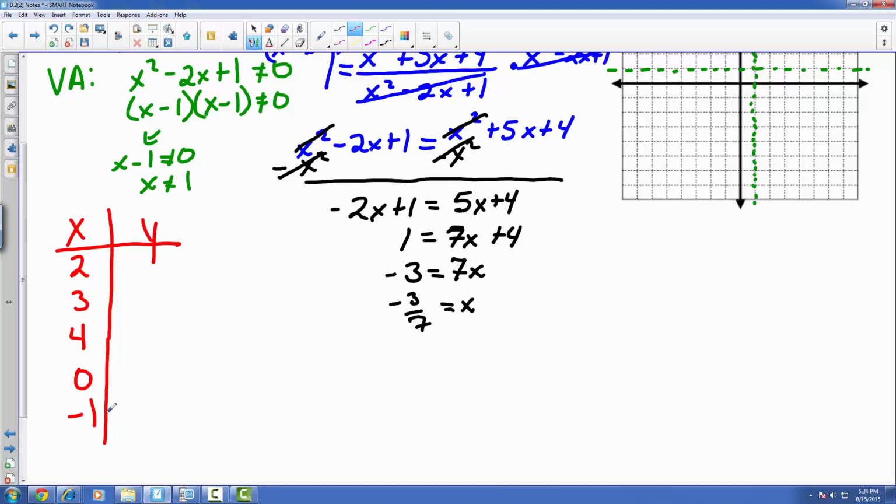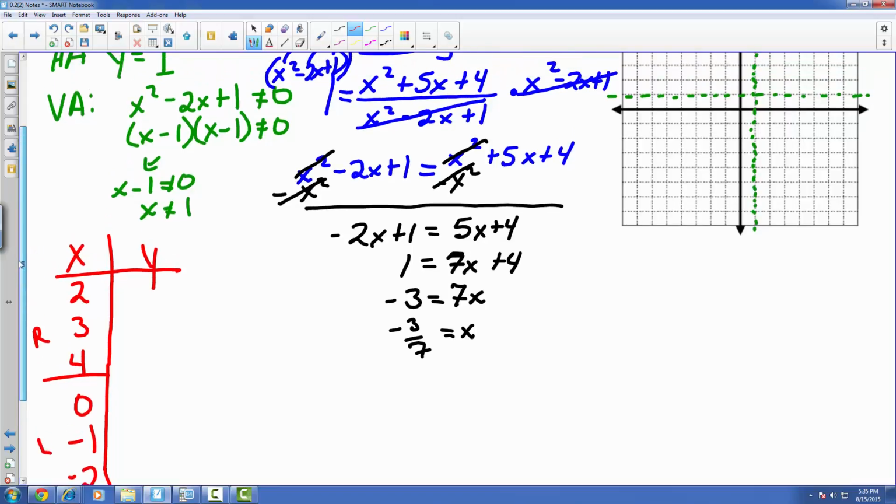And we'll even do negative, we'll say -2. These ones represent the ones on the right. These are the left. Now, if we go ahead and plug 2 in,